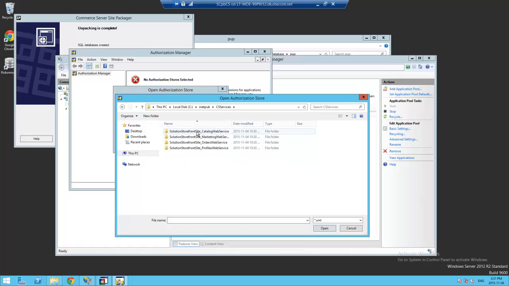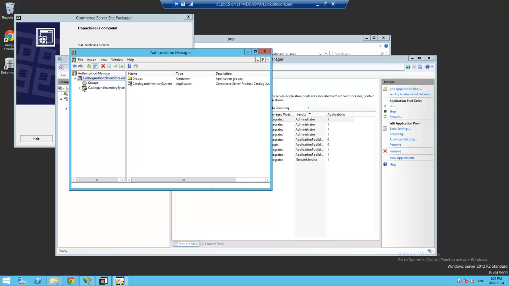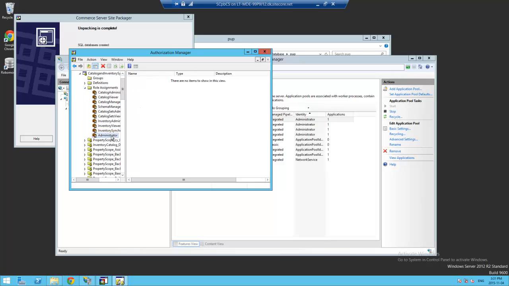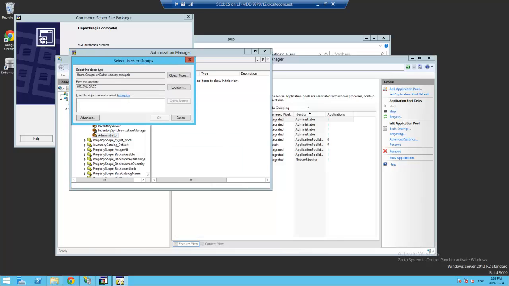So if we go to our catalog web service here, you can see we have a catalog authorization store. So we will open that up and go down to our role assignments, and you can see here that we have an administrator, and we're going to assign users from Windows,